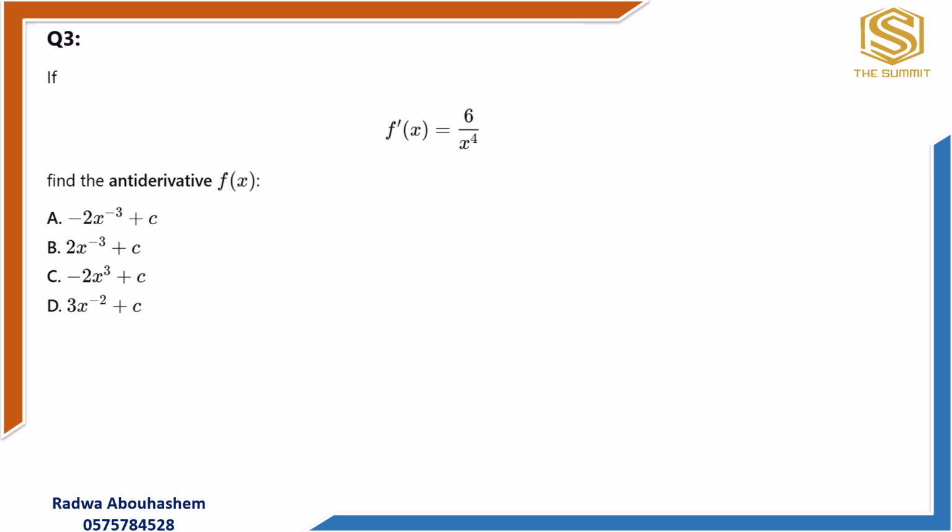Okay, again, I have to take the integration for 6 over x power 4. I didn't take any rule about integration for something that is divided or a fraction like this. So you just have to put this as a numerator. So how could I transfer this as a numerator here? You just have to change the sign of the power. So it would be